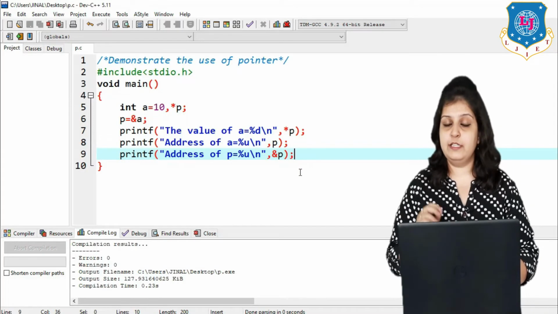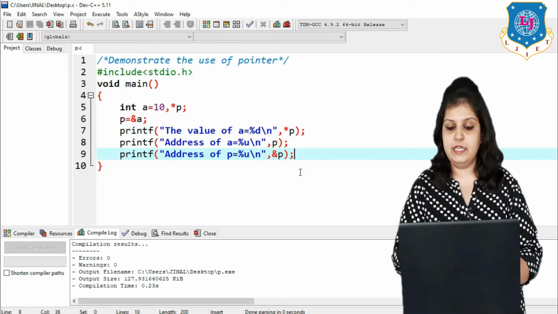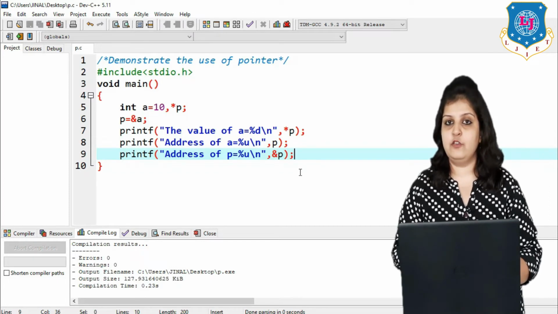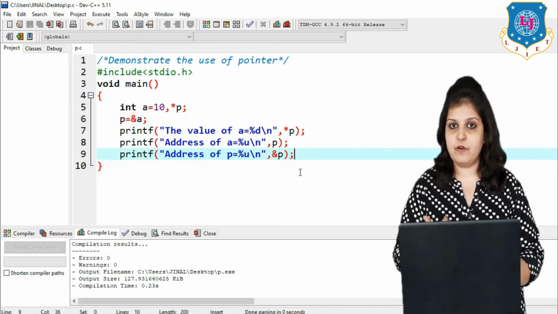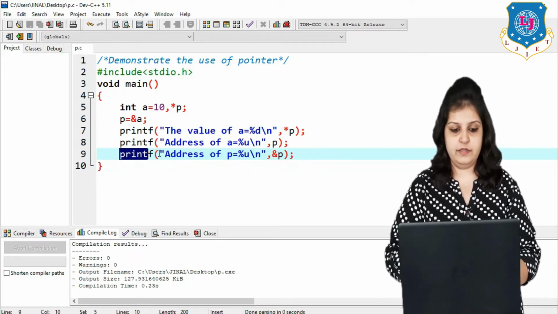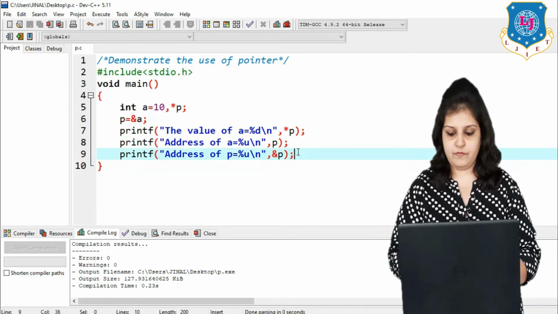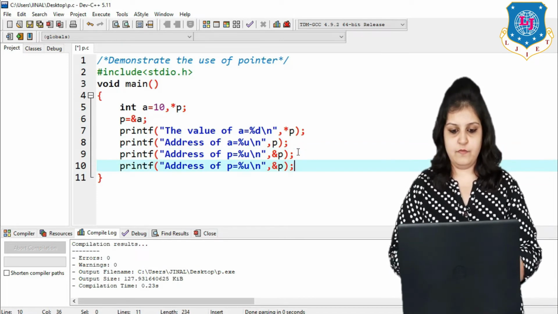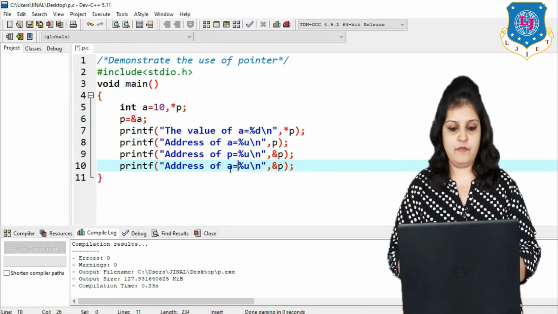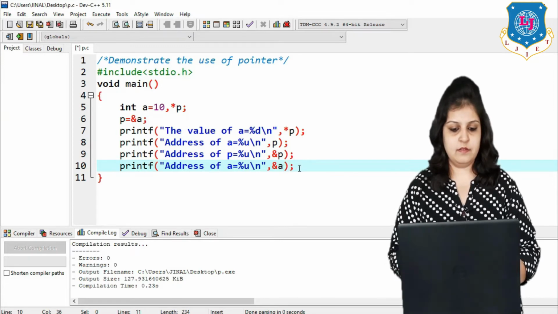Now I want to print the address of a using the a variable, so how can we write it? Just like p, you can also write &a for printing the address of a. So I am just copying this statement, Control C and Control V, and here I am writing address of a is equal to &a.